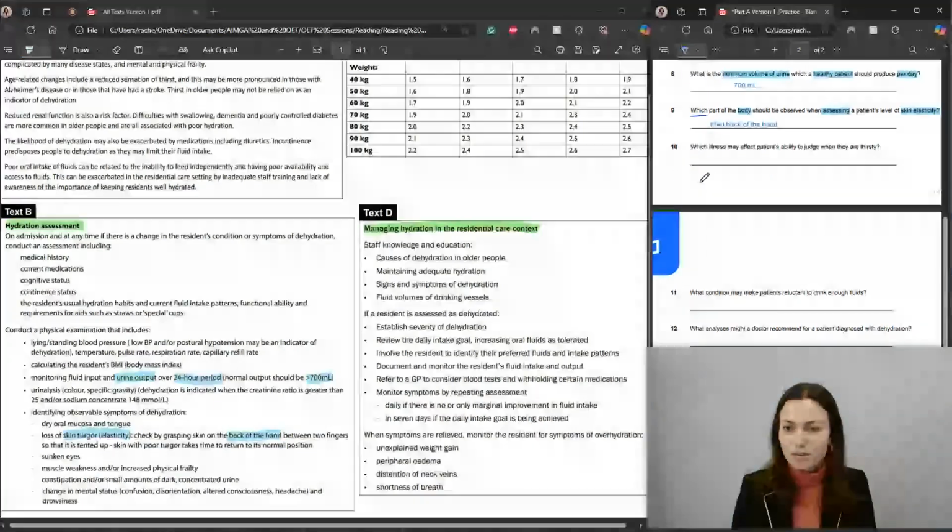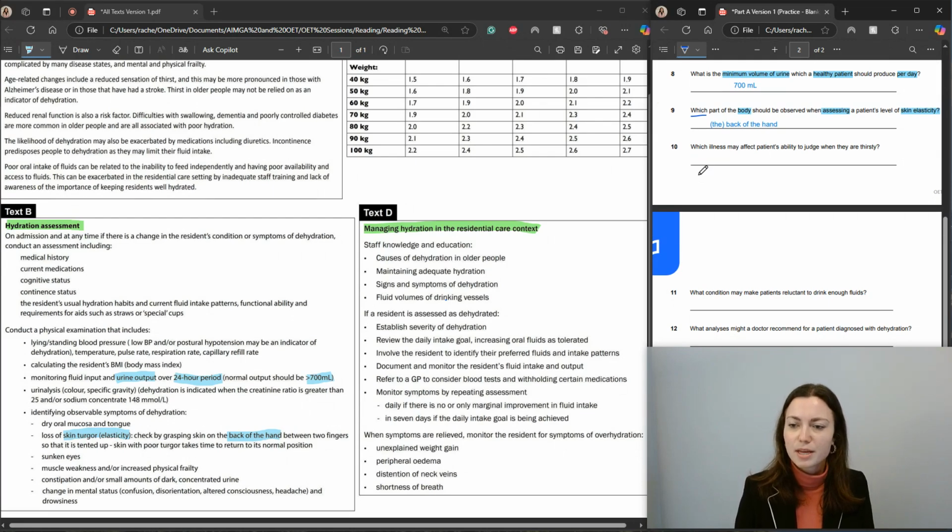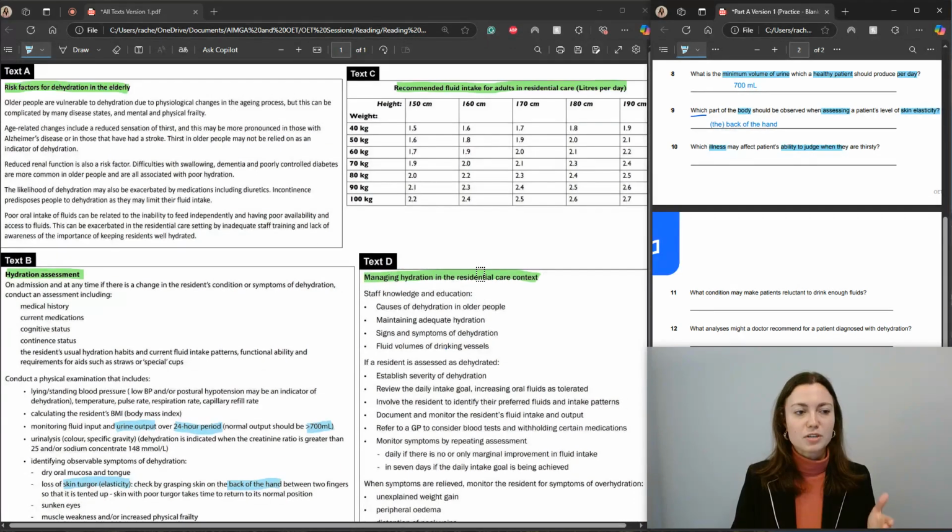All right. Number 10, which illness may affect patients' ability to judge when they are thirsty? So we have two criteria in this question. We're first of all trying to find the name of an illness, but not only that, it has to be something that affects the ability to judge when they're thirsty. So a common trap that we see is when you're given a question like that, and maybe you see lots